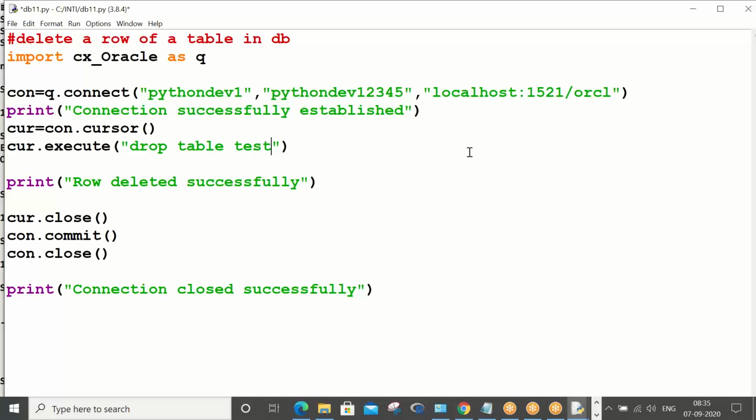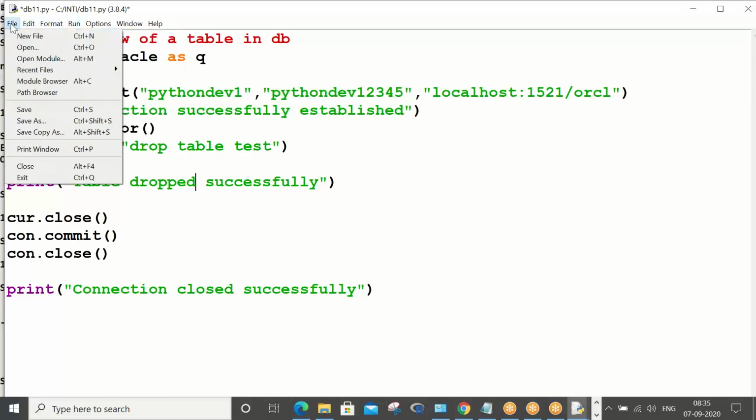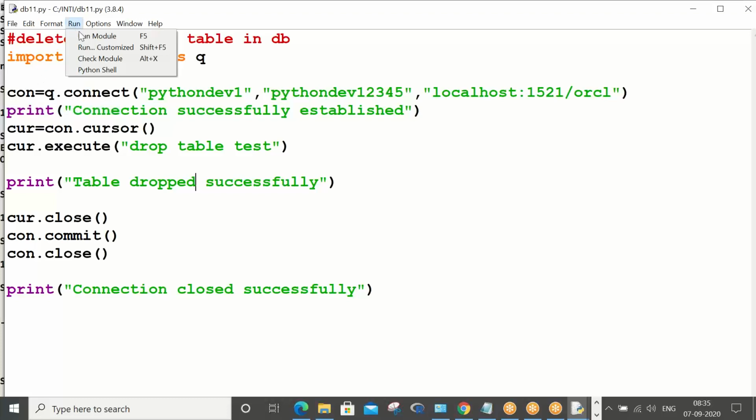That's it. Drop table test. Now table dropped successfully. Rest all is same. Control S and run module.